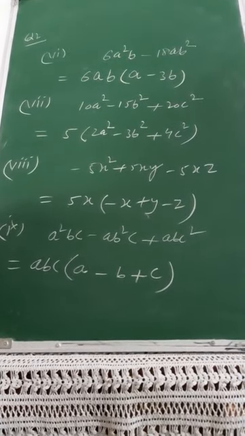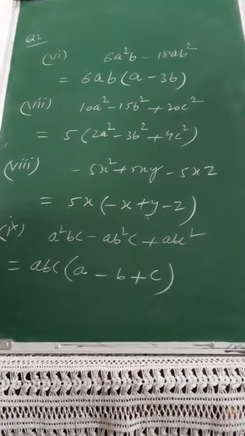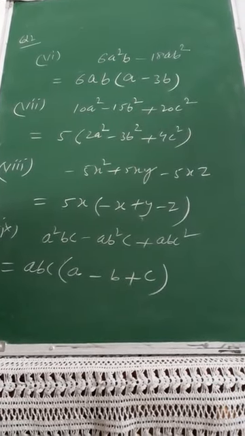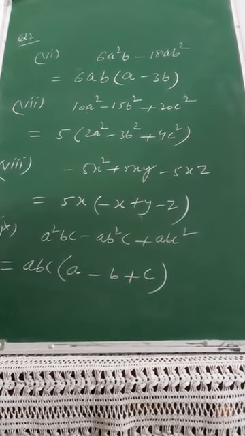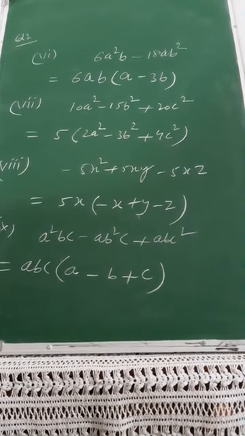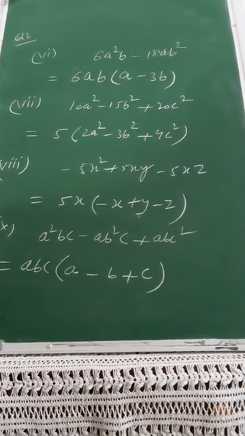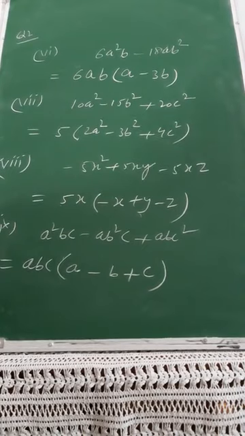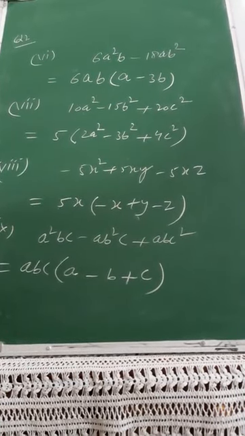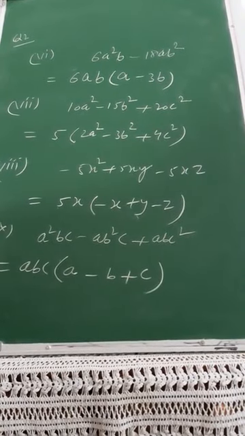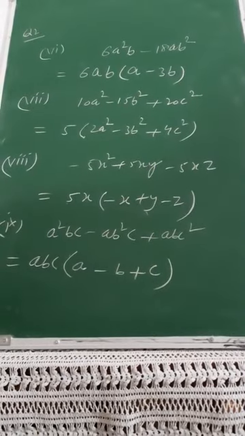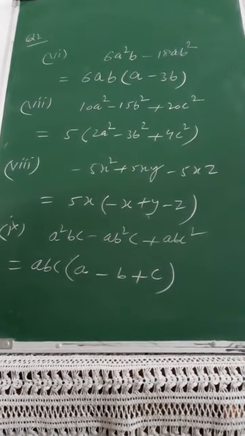So tomorrow I will start with question number 3. There are also 8 parts, and that is another kind of factorization, by rearrangement, grouping you can say. That I will explain to you tomorrow. So please practice all 9 parts of question number 2, and check your answers. Tomorrow I will add an assignment based upon these questions, at least 5 to 7, so that you can become perfect in these factorization questions. Thank you.